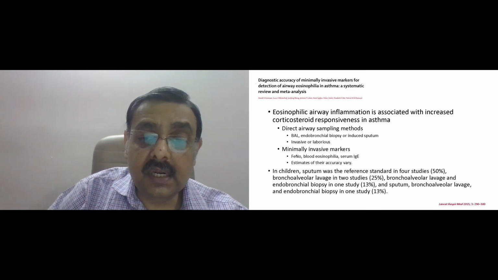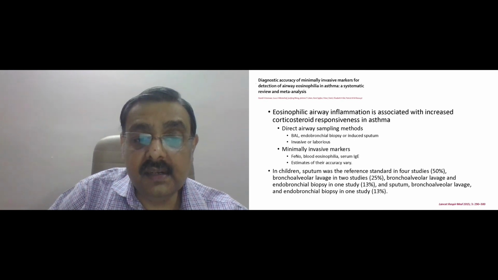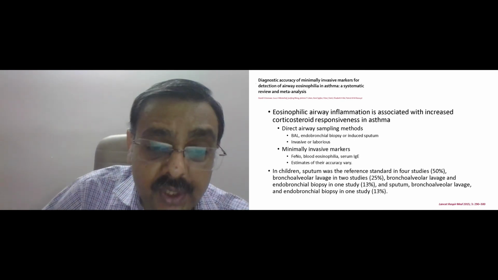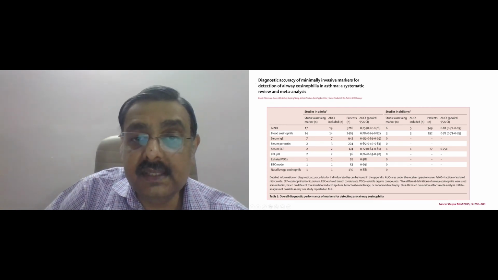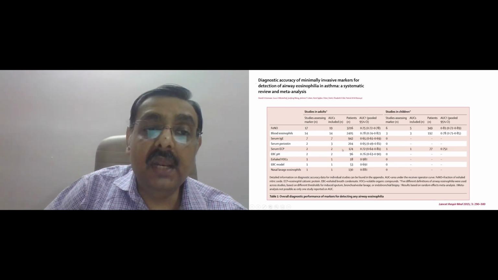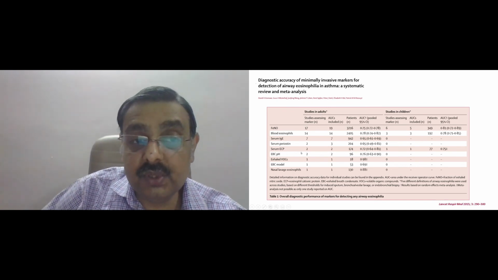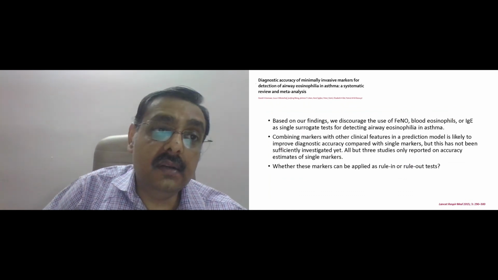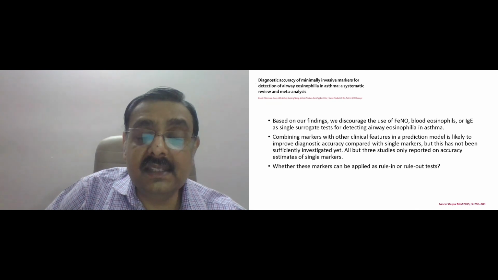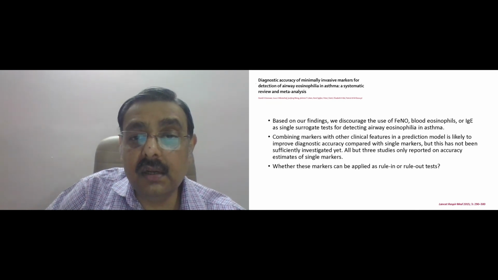Now, the problem is that most of this data is from adults, and we do not have a lot of data from children. So, in this meta-analysis, as you can see, the studies in children were quite few, and most of the data actually comes from adults. And what this systematic review and meta-analysis actually analyzed was that